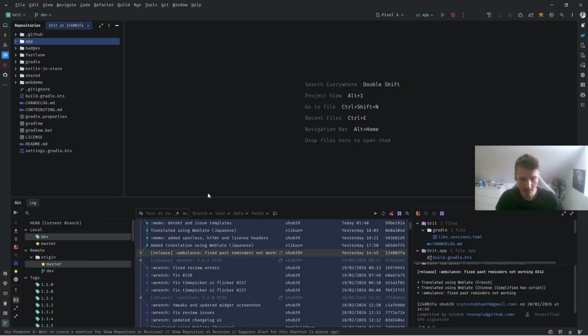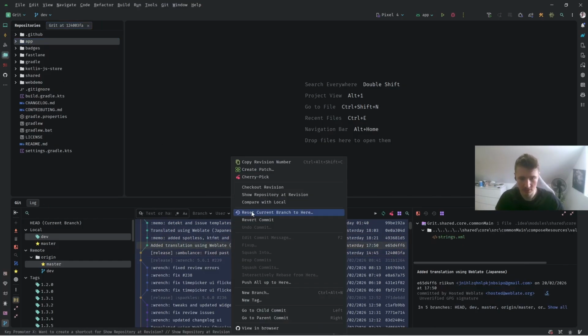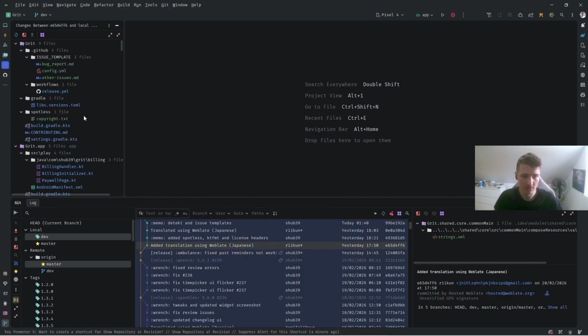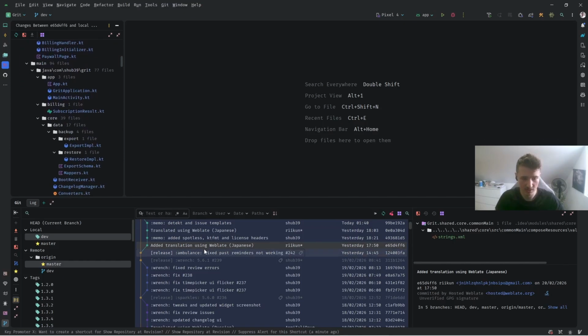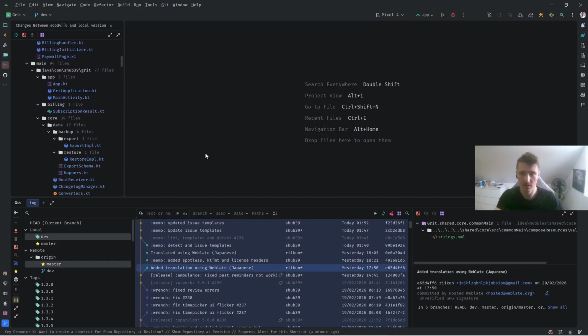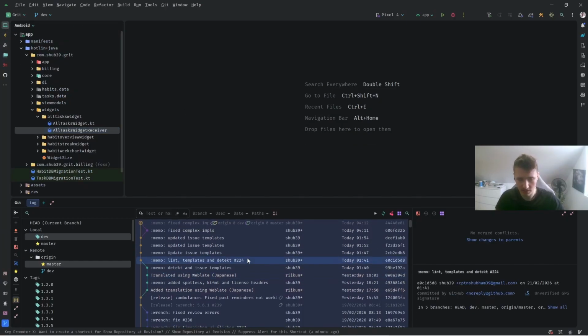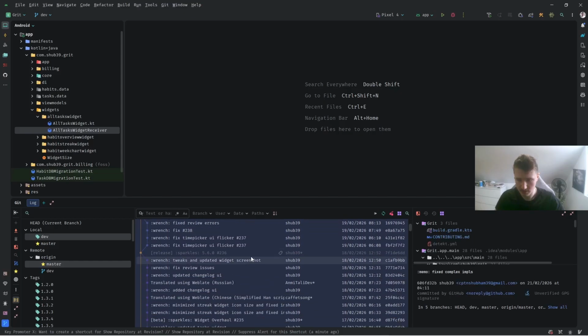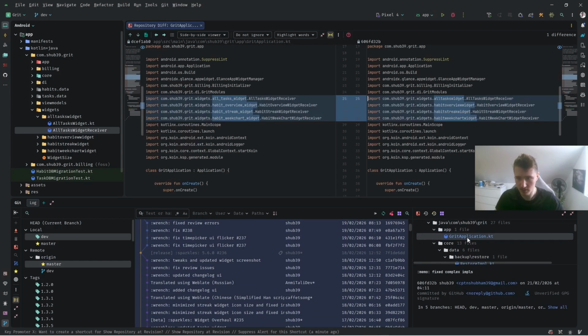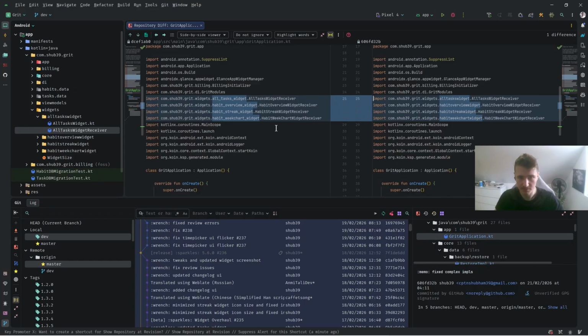Yeah, and you can of course compare commits with your local. So I can see what has changed between this commit and my local state. Okay, so let's move on to the description side, because in here, let's say I want to display some files like this one, and as you can see, I'm right now comparing with my local